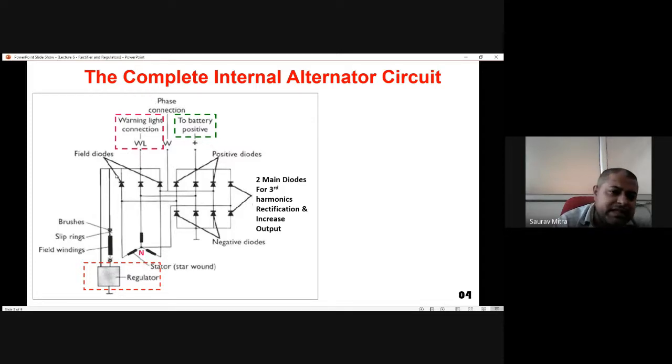The second part of this DC, that is low current DC, is going to energize the field of the alternator, and this is actually creating the field MMF, that is the field magnetomotive force, or the magnetic field. That magnetic field is also rotating because the stator is producing a 3-phase rotating supply. Hence this magnetic field also will be a rotating magnetic field.